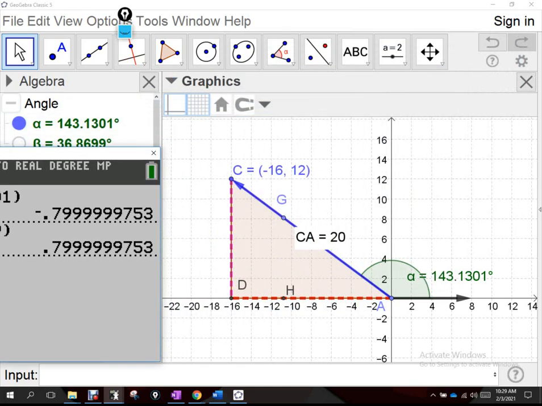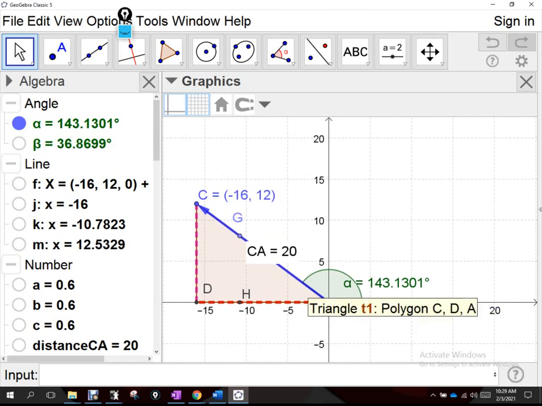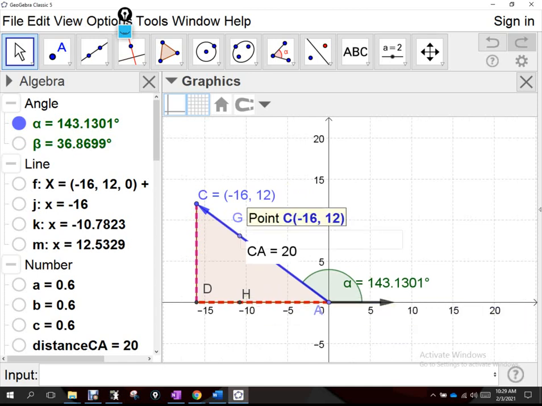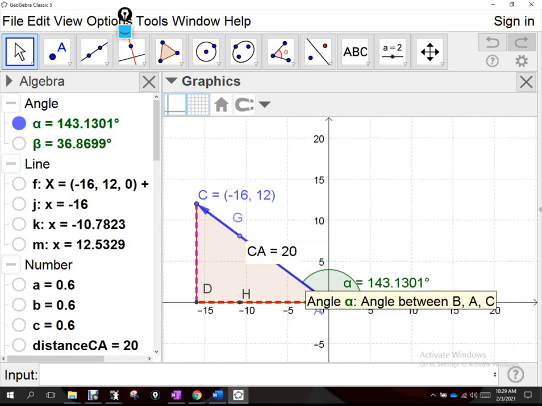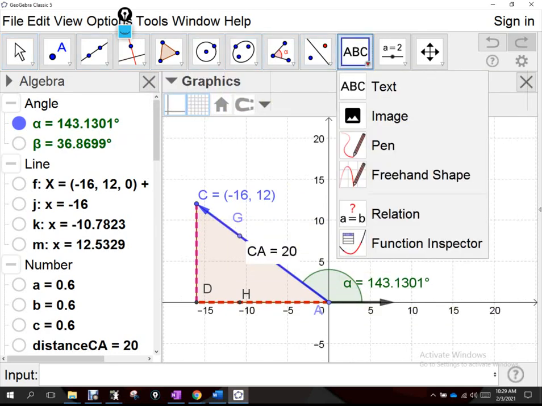Yeah, because when I do cosine of 143, I'm talking about this ordered pair. I'm using that x divided by 20, right? Okay. But when I go with